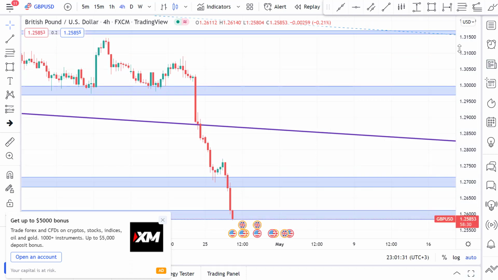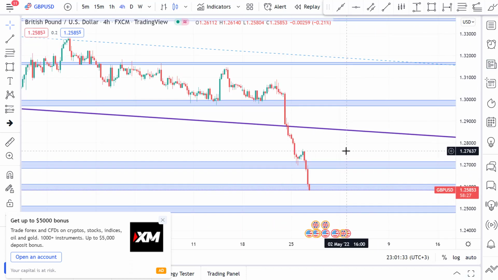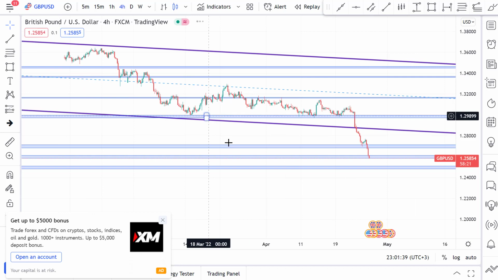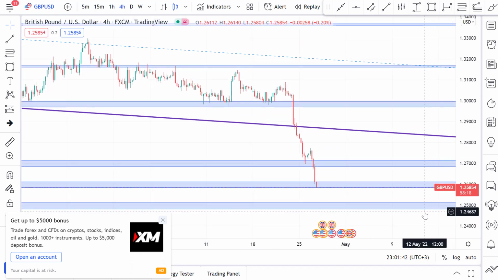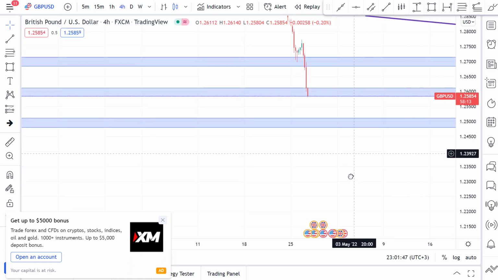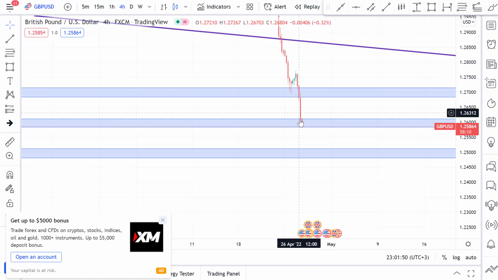All right, about the British pound and US dollar, I told you that we had a kind of breakout from this zone and this channel, and I have drawn these zones for you, and you can see the market is correcting, and we have a bearish trend. What I expect for tomorrow, at the beginning of the London market, is maybe some correction to this line, maybe a pullback to this line, and the rest of the trend would be 1.25 for the following days.